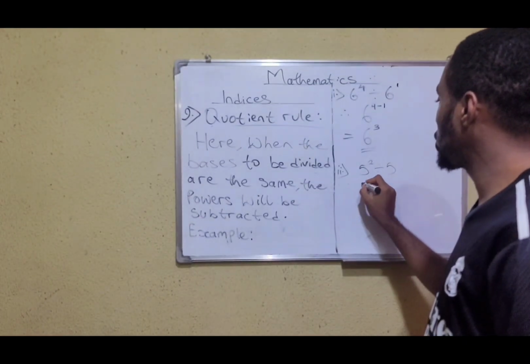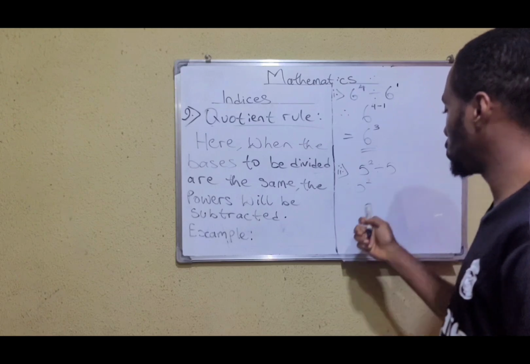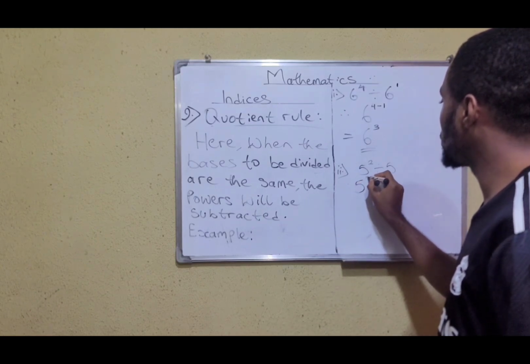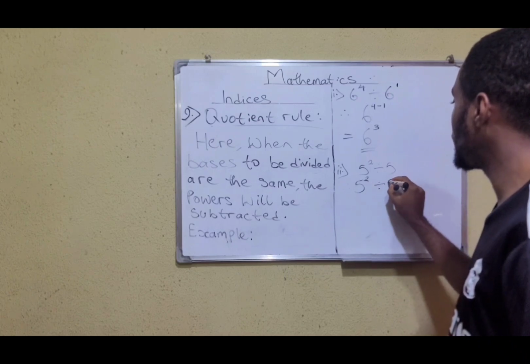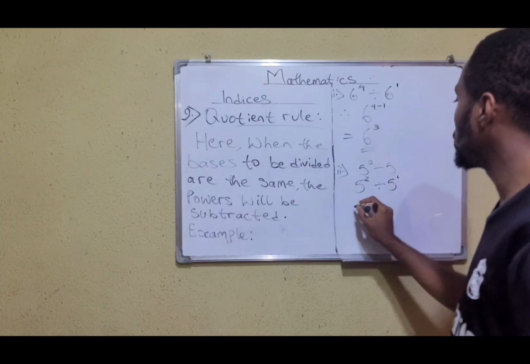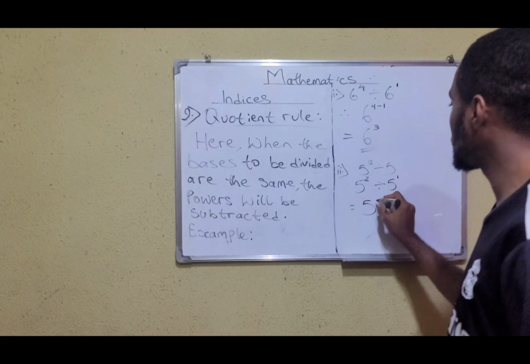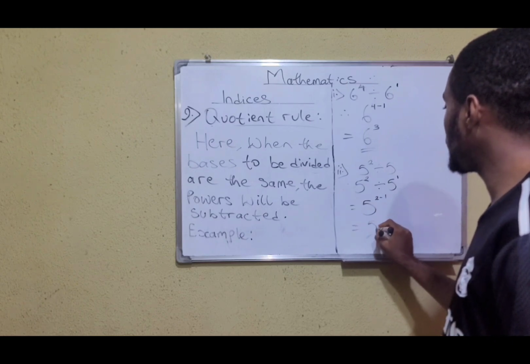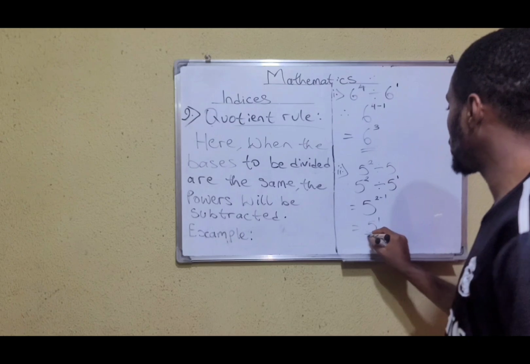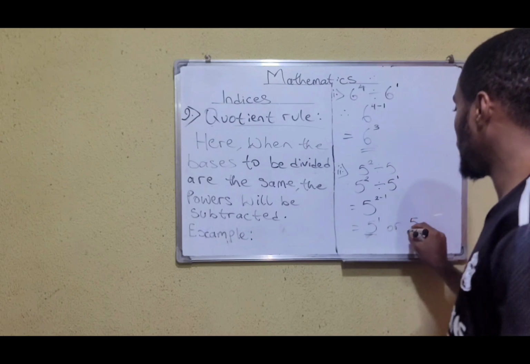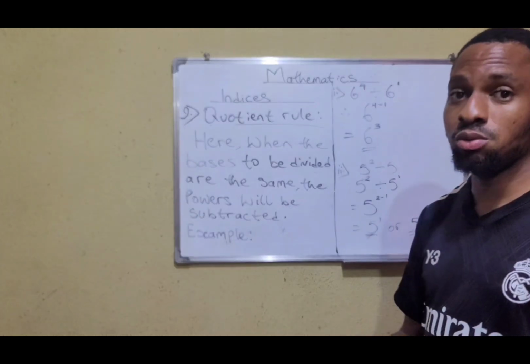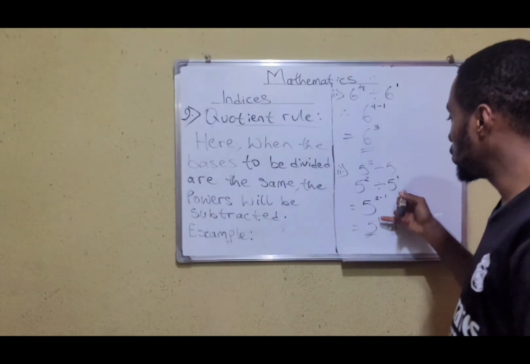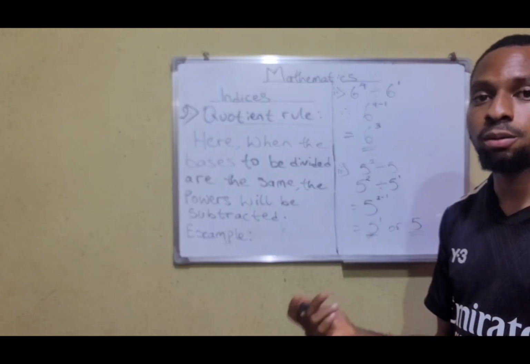So therefore this becomes 5 raised to the power of 2 divided by 5 raised to the power of 1. So we'll pick one of the 5's and subtract their powers. So our answer can be 5 raised to the power of 1 or just 5. But since we are dealing with indices, it is advisable to leave your answer in index form, where 1 is the index, the power